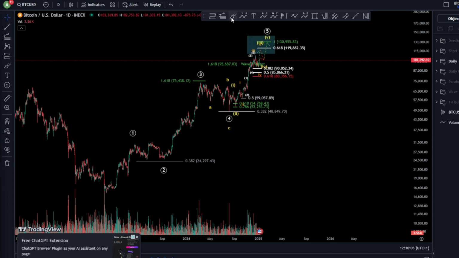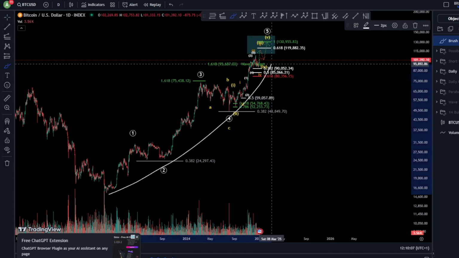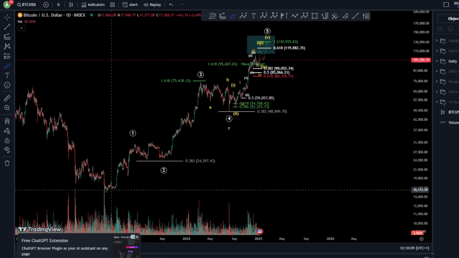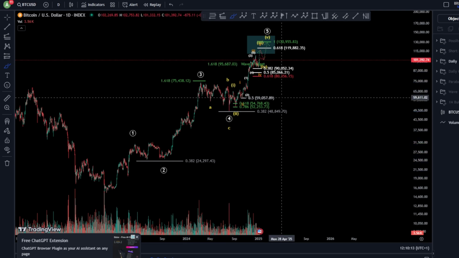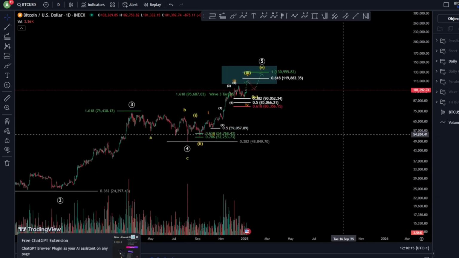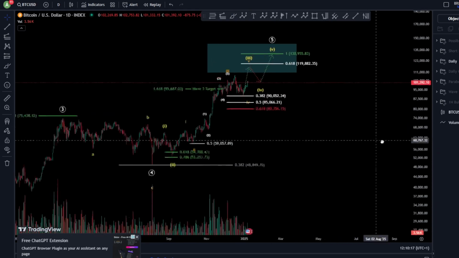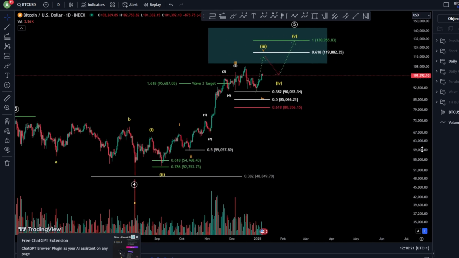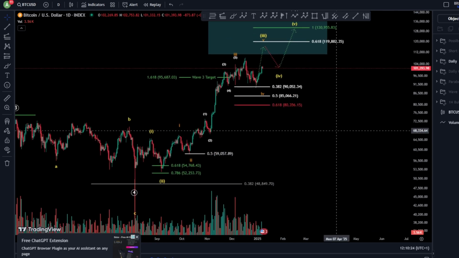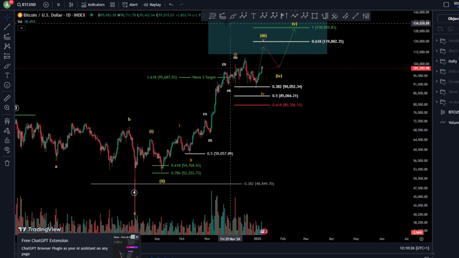Starting on the daily chart here, we are still in our cycle to move towards the upside, where we have 1, 2, 3, 4 and a 5. We are currently in a wave 5 of this impulse, and we're still probably looking for higher prices in one bullish scenario, and in one bearish scenario we have finished the bull run and then we are moving towards the